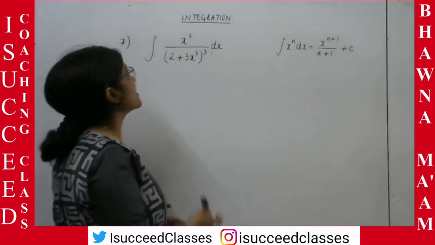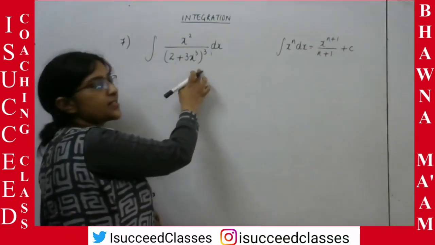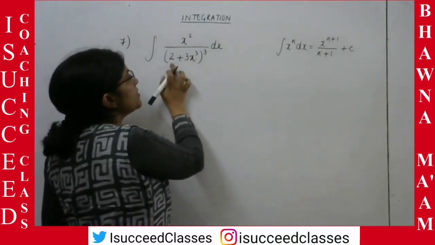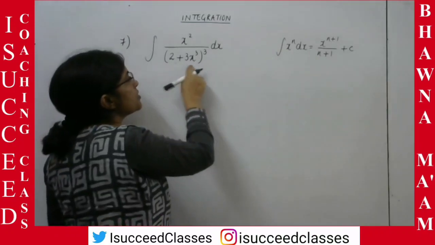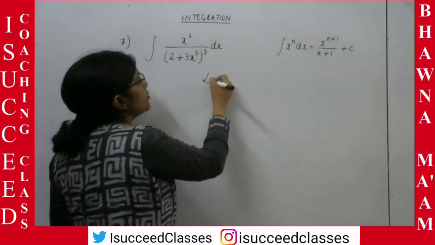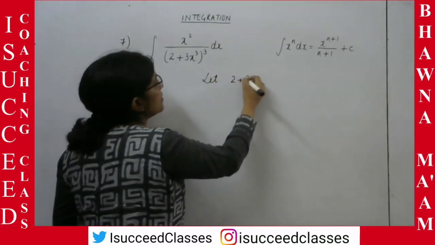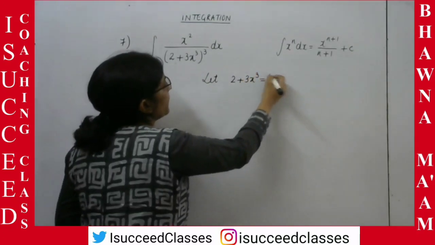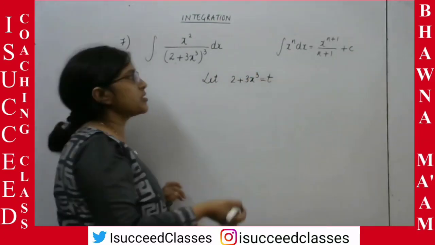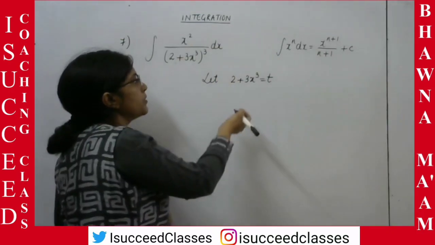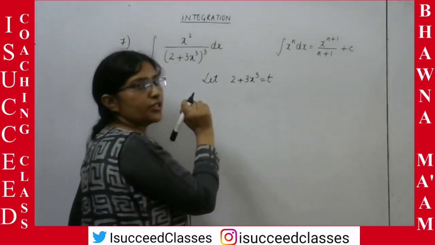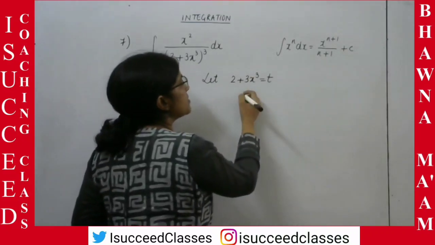Yeah, over to the next one. This is x square upon 2 plus 3x cube whole cube. This is a composite function, so obviously we are going to look for if we can put this as t. Let's substitute 2 plus 3x cube as t. Whichever is a composite function, think of putting that as t. If you get the derivative along with, well and good. Let's see. The derivative of 2 is 0 and this is